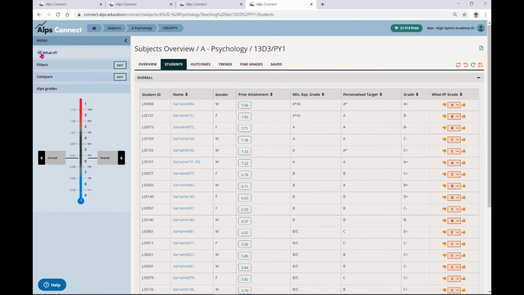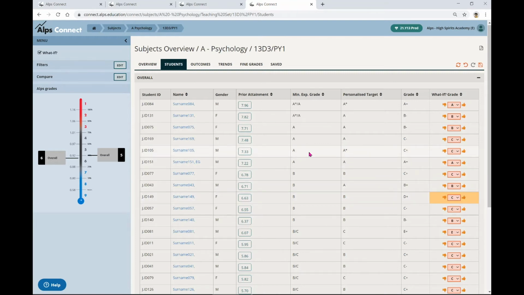This would be a conversation that I would have had with the head of psychology prior to this point, where the expectation was that they will produce a set of predicted grades that will be imported into whatever your management information system is, and then that gets transferred into ALPS. As soon as that information is in Connect, we'd be expecting the heads of departments and the teachers to go into this and say, okay, currently I'm a 6, it's not really where I want to be with this particular teaching set, and start to look at some of the students and think, maybe I was a bit pessimistic with that student. I said they were a high D, but if I can get them to a C, what would be the impact?